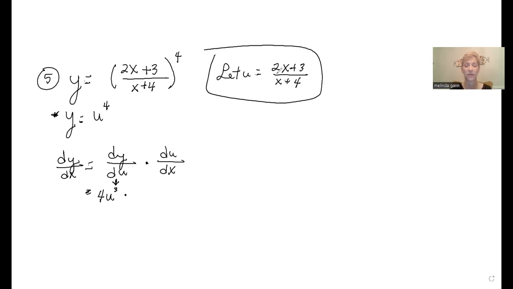Well, then I got to take the derivative of that thing. But now that thing is a quotient, so I'm going to have to use the quotient rule on it. When I do the derivative of this one, it's like a separate problem. All right, what's the quotient rule say? I copy down the bottom. I take the derivative of the top. Well, the derivative of 2x is 2, plus the derivative of 3 is 0. Okay, so the bottom times the derivative of the top minus the top